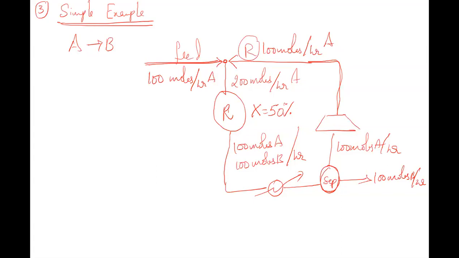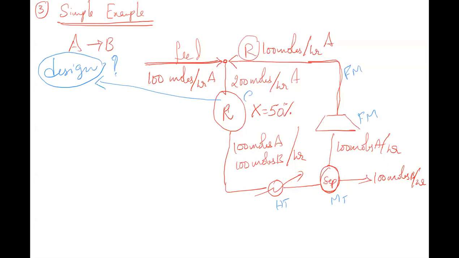Now, what is my objective? How do I design this one? Design of this reactor is my objective. How do I design the reactor? Let's take this heat exchanger. This heat exchanger is designed by a heat transfer objective. Separator is mass transfer. This is done by fluid mechanics, and the entire pipes are done by fluid mechanics. This is done by CRE. That is how all plants are divided.